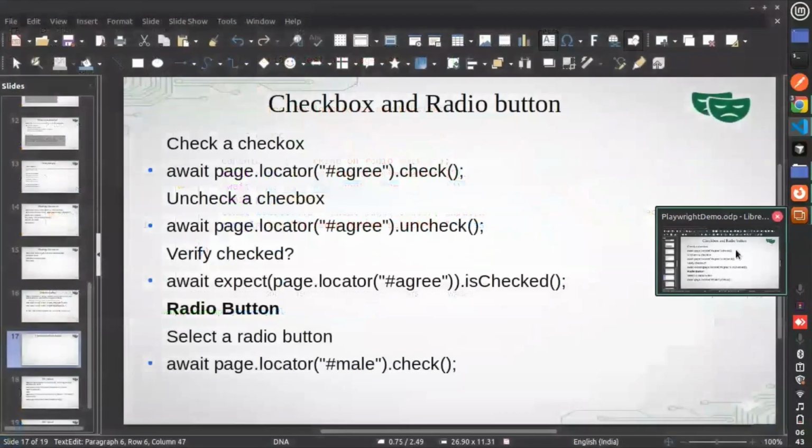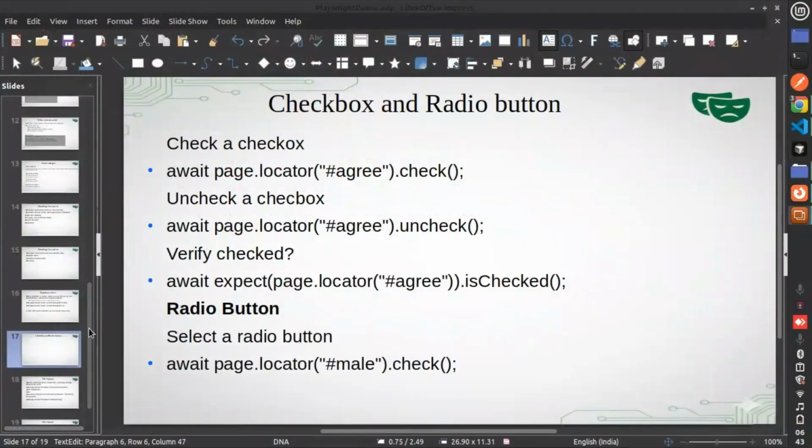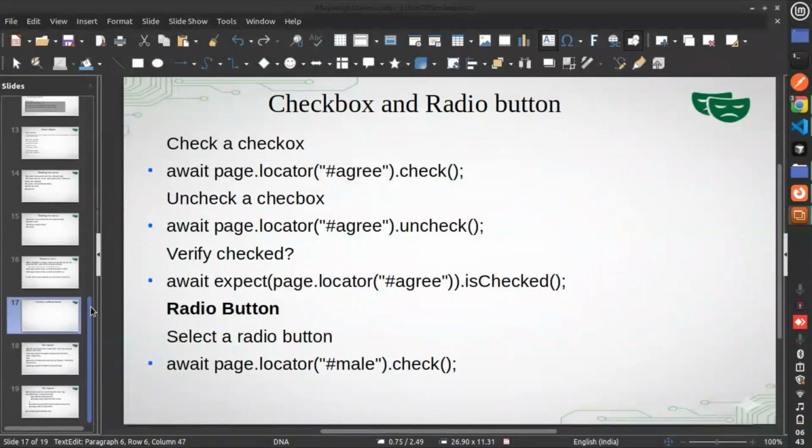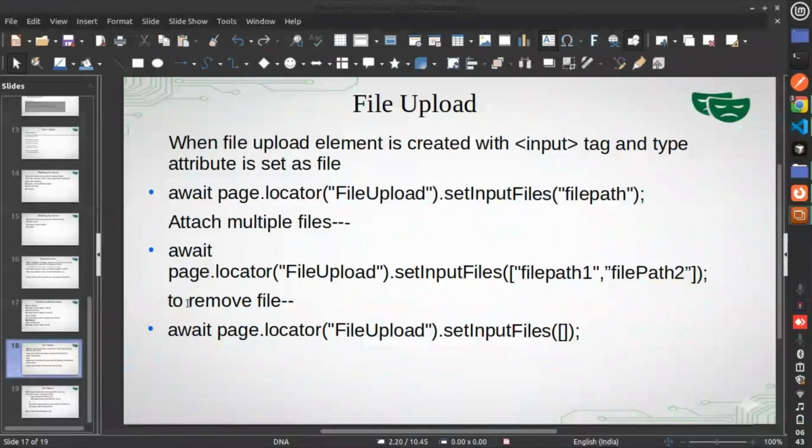Now let's move to the file upload. We have shown you the checkbox and radio button related actions. For file upload, this is a very important topic. You will see in your company when you work on some project, that in some cases you won't be able to